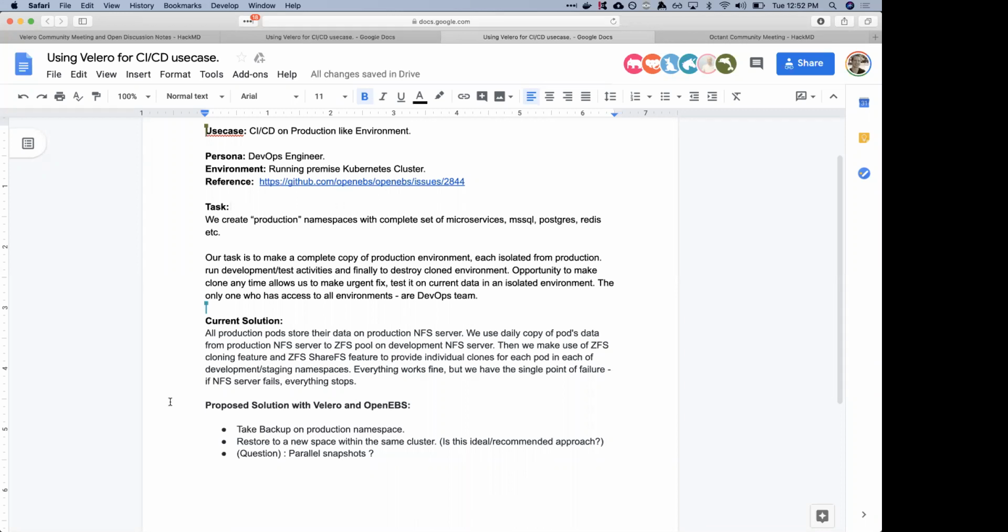The typical use case is taking a backup, but this is a slightly different use case where you just need to take a local snapshot and then restore it. Just wondering if there are any other inputs. The other question was about parallel snapshots. I remember there were some discussions earlier on this one, especially with production having multiple stateful applications. Is it possible to take parallel snapshots now?